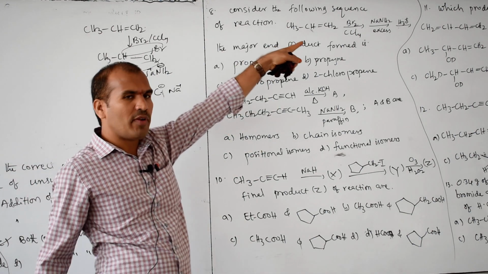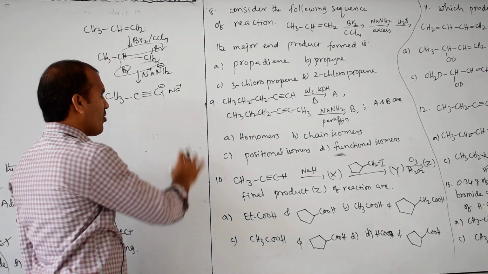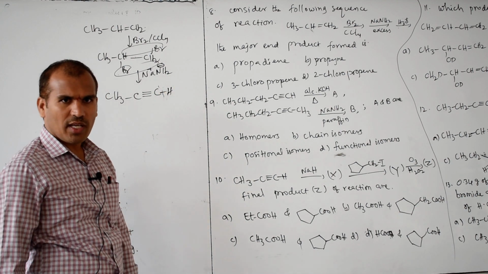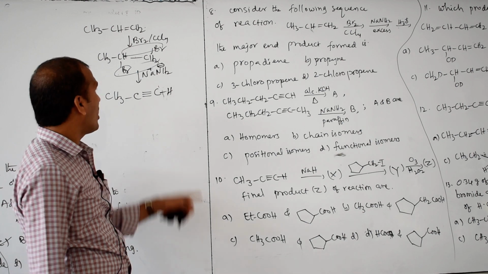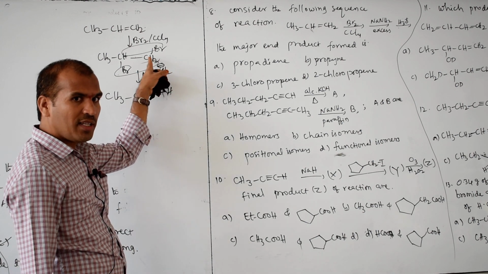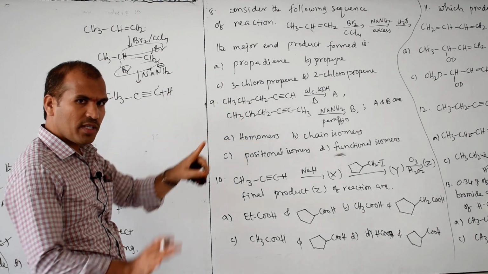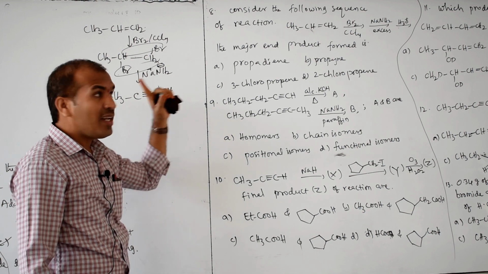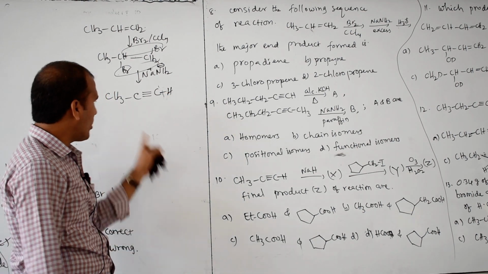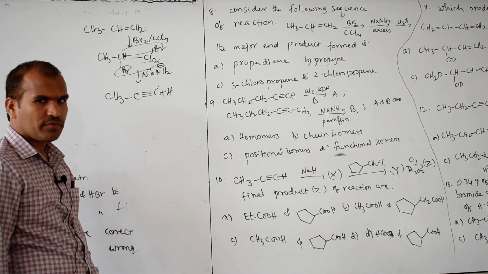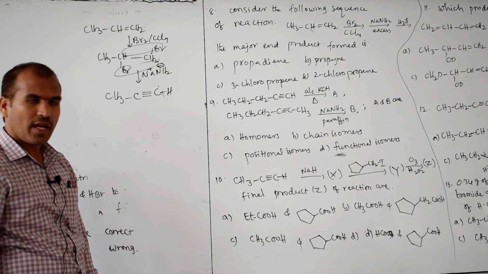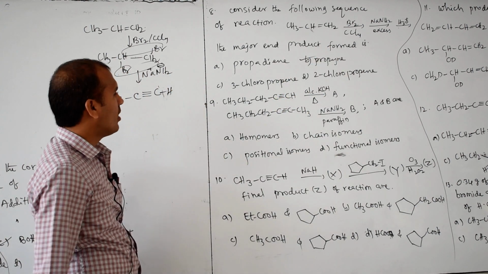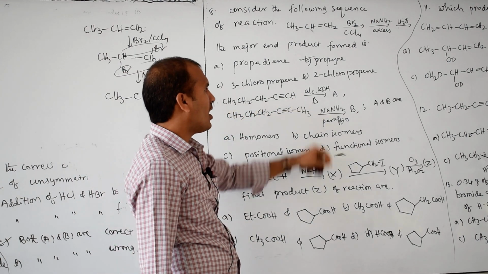But next what is there they given? Water. Therefore that and this will be out and here H will come. Clear? You may be confused. Here H also is there, no sir, one H. That will be eliminated because this is a strong base. That acidic hydrogen will be removed by this strong base and it is in the form of its salt. Next time water is added, that time H will be added. Then what is the name of this? Propyne. Propyne, which option is there? B option. Clear?